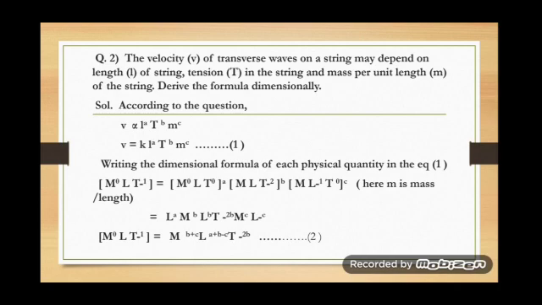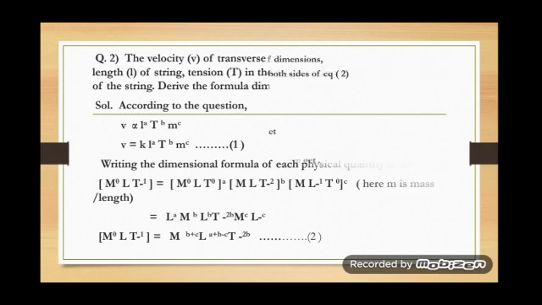c. Now solving this, we get on the right side L to the power a, M to the power b, L to the power b, T to the power minus 2b. In the third, M to the power c, L to the power minus c, and T to the power 0. Therefore, on again solving it, L to the power a plus b and L to the power minus c. On combining, it will become L to the power a plus b minus c, M to the power b plus c, and T to the power minus 2b. And on the left hand side, we have M0 L T minus 1.